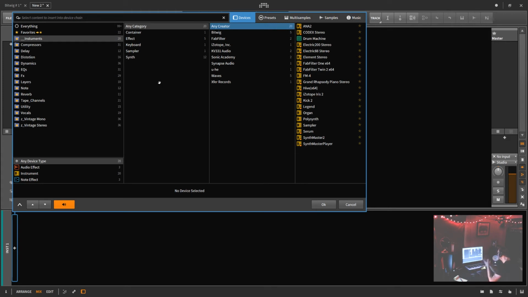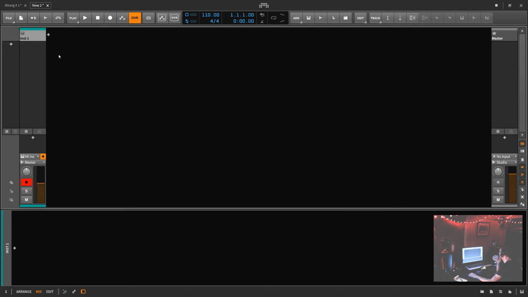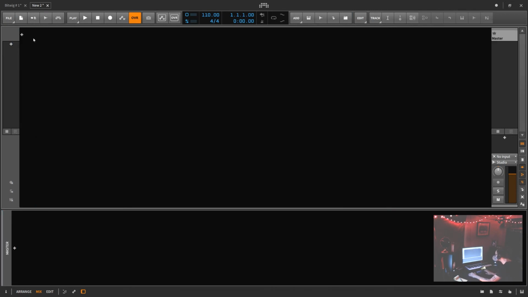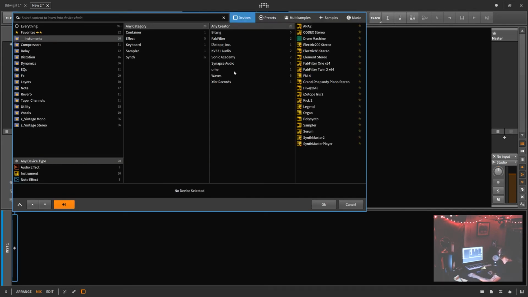In other words, when you click on the plus symbol now, when you add a brand new track, this is what's going to open. It's going to be filtered down to just the instruments with a category, a creator, all of them listed there. That's pretty handy. So now every single time I click the plus sign, I'm going to get that exact same menu. A lot less overwhelming, a lot easier to focus in on something. Let's go ahead and add